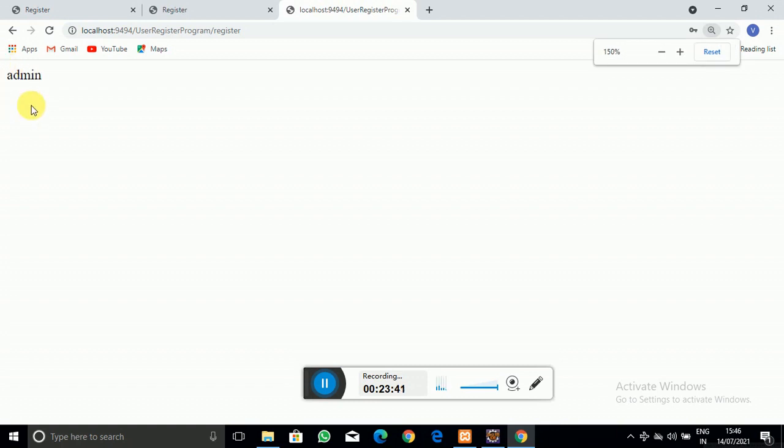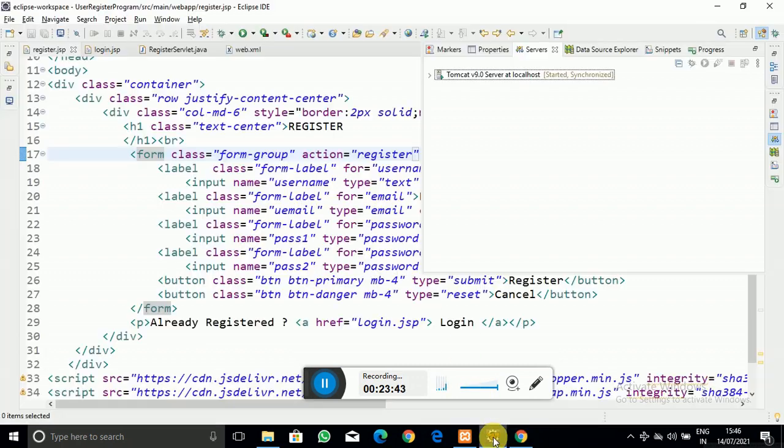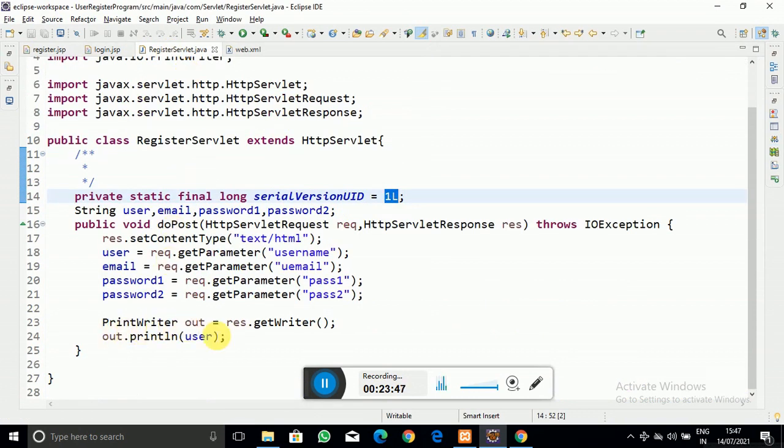As I have mentioned in the register servlet code, out.println user, that is the name which we have accepted from the HTML form, is printed. This shows that our servlet has worked properly.